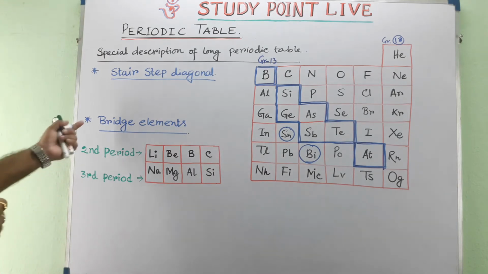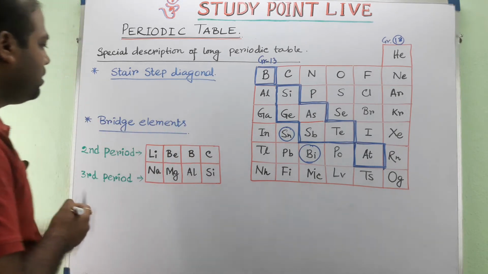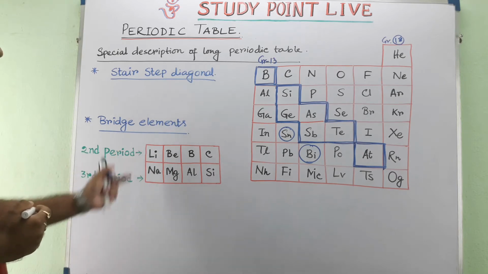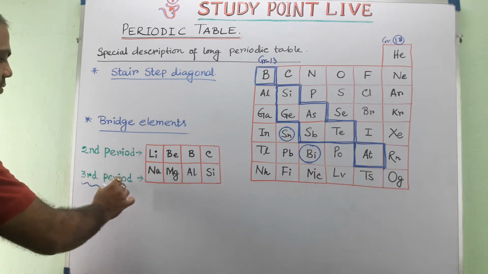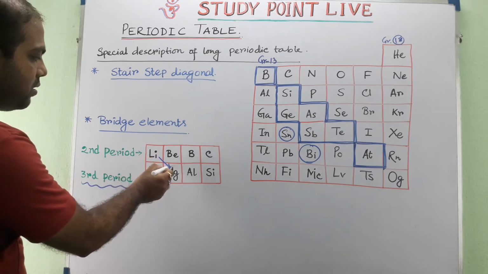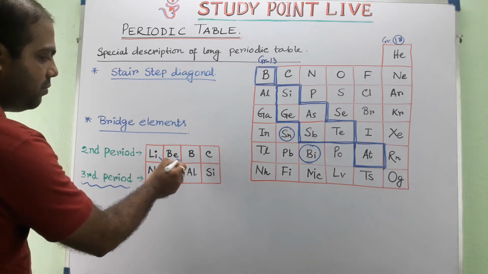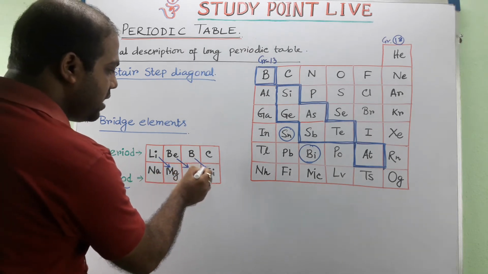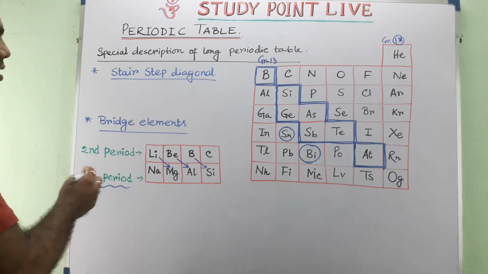Now there are some bridge elements, where the elements in the second period have similar properties to the elements of the third period. Lithium has a diagonal relationship with magnesium. Similarly, beryllium has a diagonal relationship with aluminium, and boron has a diagonal relationship with silicon. This diagonal relationship